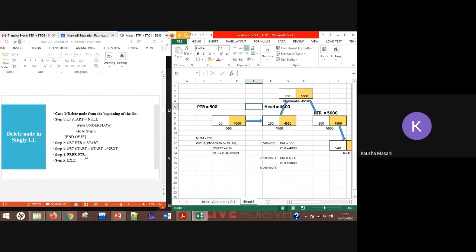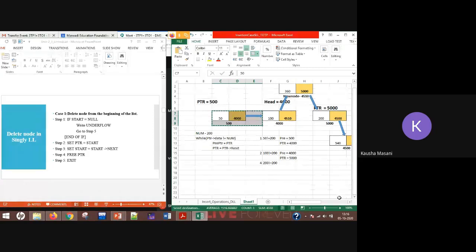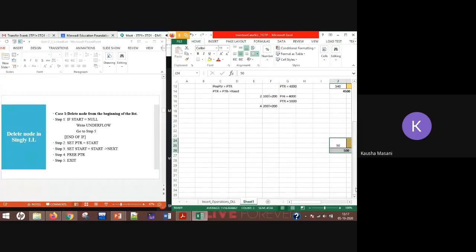Now what I have to do? Free ptr. Where is ptr pointing at? At 500. So in your free function, you are going to give this value. Free ptr. Where is ptr pointing at? At 500. So this space at 500 will be freed up.